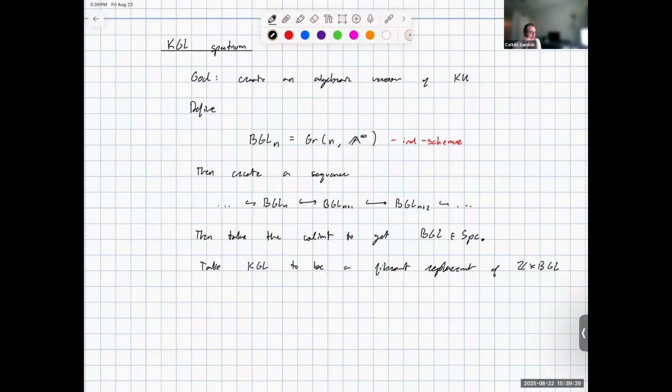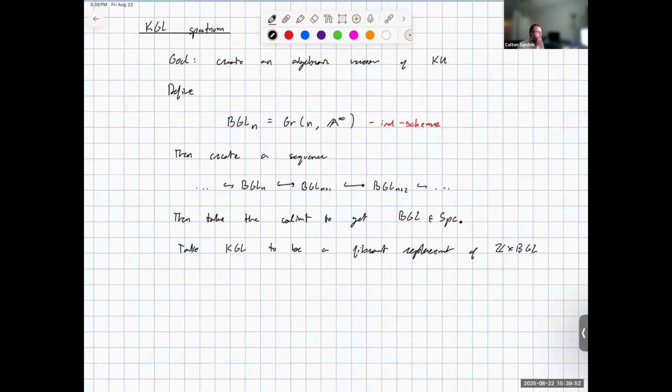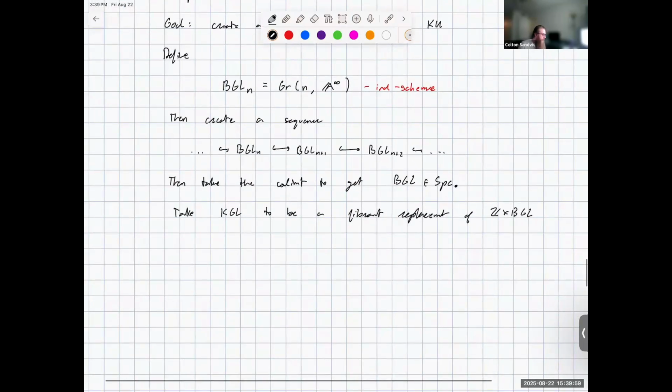And so we should think of BGL as classifying vector bundles in the same way that BU did for complex vector bundles. We just have a little more flexibility, or niceties, when working with algebraic geometry, in that a single object does it, and you don't really see these weird behaviors between real or complex K theory. It all works out fairly nicely. But anyway, yeah, we can do this.